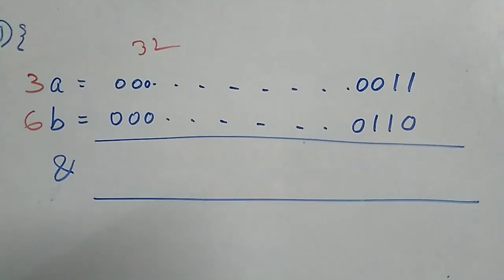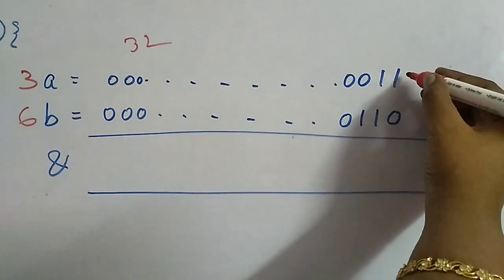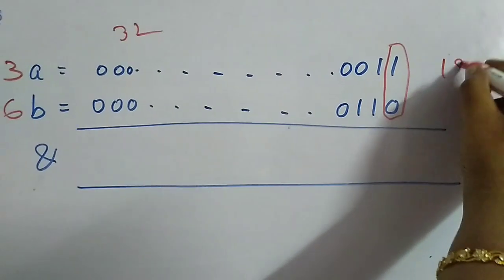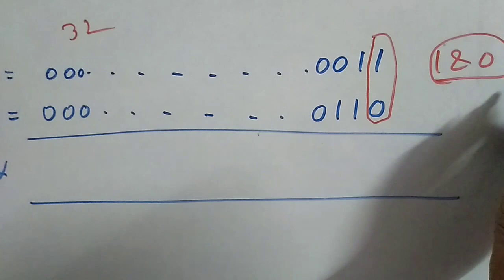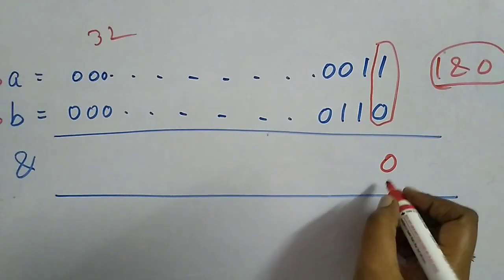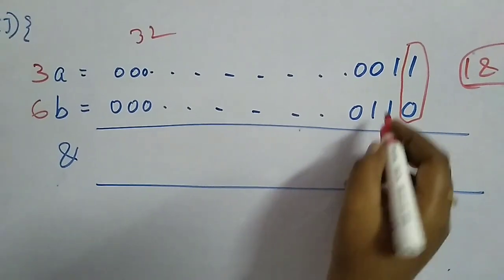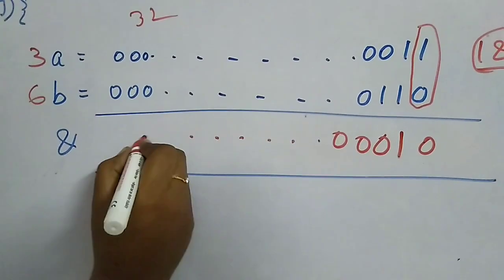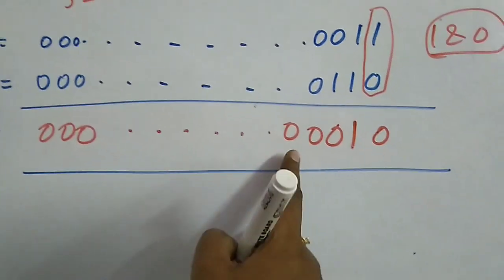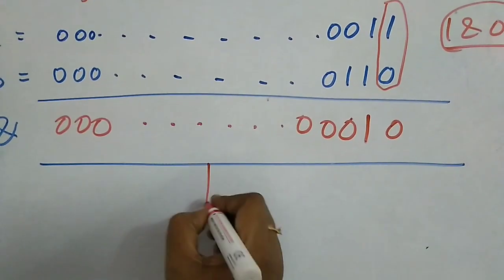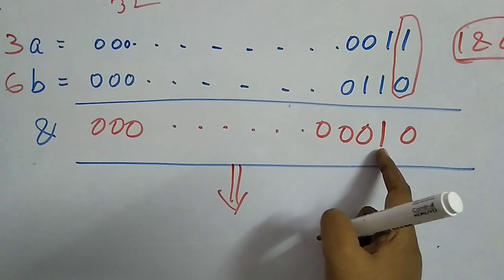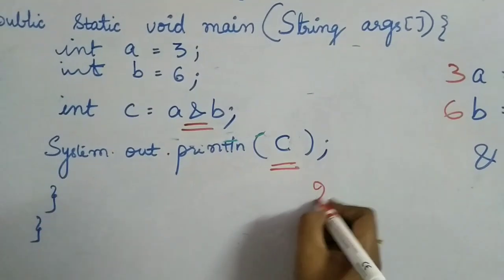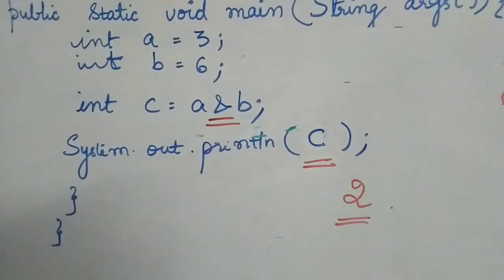Now according to the AND table that I have given you, it starts calculating bit by bit, looking at these two. It performs 1 and 0. What is 1 and 0 in the table? It is 0, so this will be 0. 1 and 1 will be 1. 0 and 1 will be 0, and the rest are all zeros. Now this will be converted into decimal. What is this answer? All zeros, then 1 and 0, so the answer is 2. When I try to print C, the answer will be 2. So this is the bitwise AND operation.